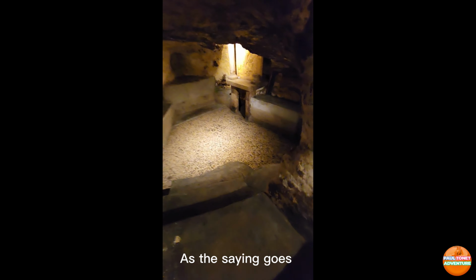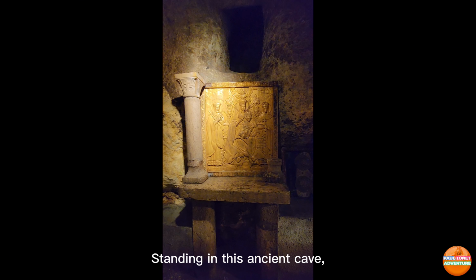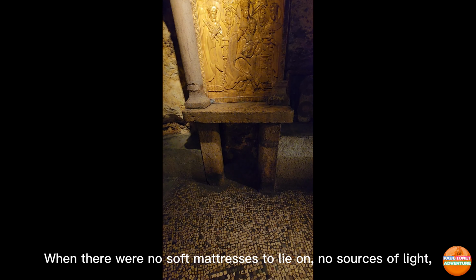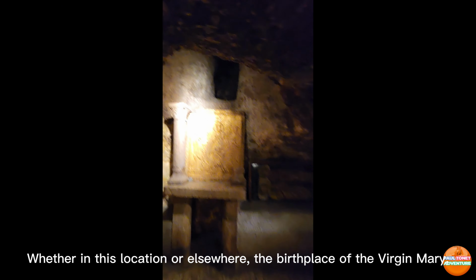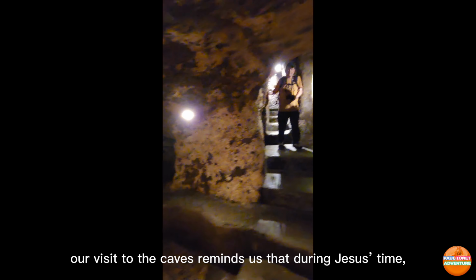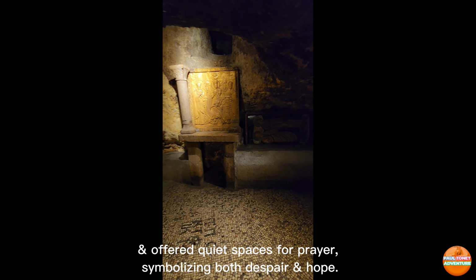As the saying goes, the past is history, tomorrow is a mystery, and today is a gift. Standing in this ancient cave, we can't help but reflect on the time of Jesus, when there were no soft mattresses to lie on, no sources of light, and when Jerusalem was surrounded by hills and valleys. Whether in this location or elsewhere, the birthplace of the Virgin Mary, our visit to the caves reminds us that during Jesus' time, caves provided shelter, served as burial sites, including Jesus' tomb, and offered quiet spaces for prayer, symbolizing